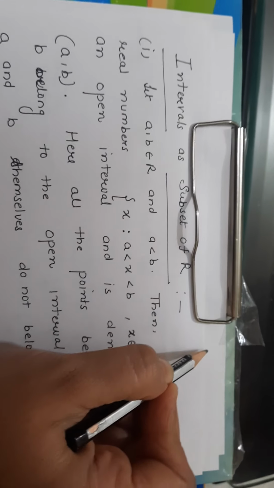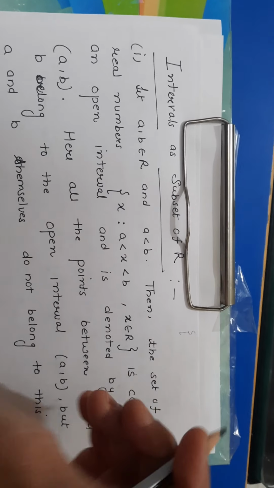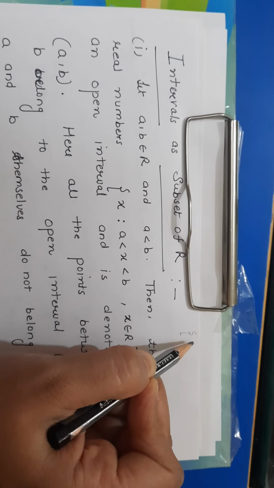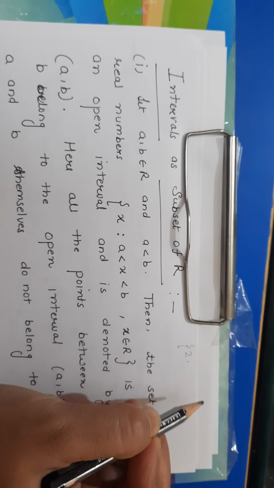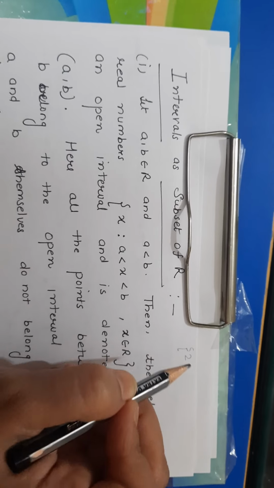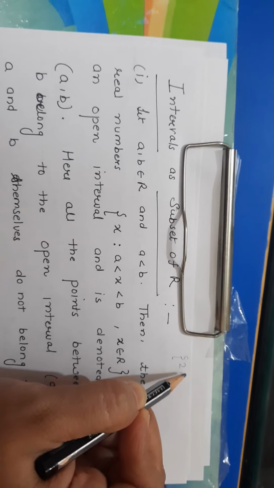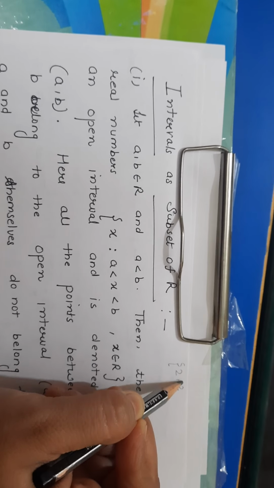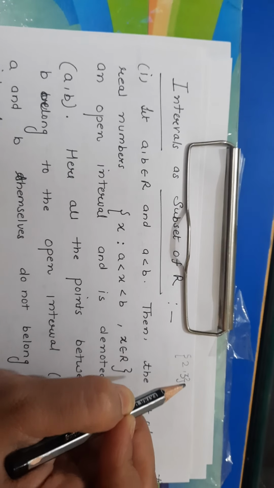Right? Because in roster form, you have to specify the value of every element. Like we know the reals are 2, then we have 2.11111, 2.1111111. Between 2 and 3, there are infinitely many real numbers. So it is not possible to write all the values, right? So real numbers can never be represented by roster form.